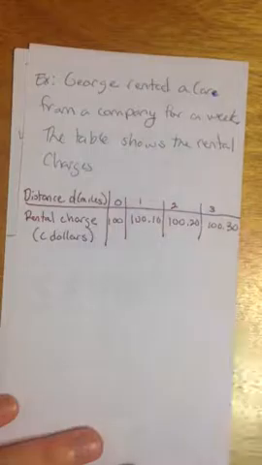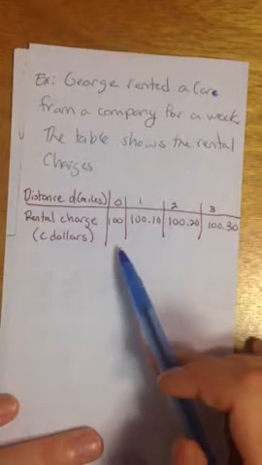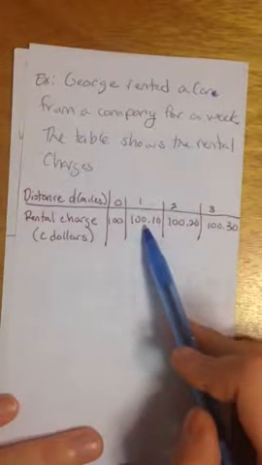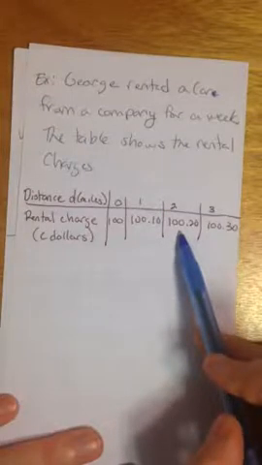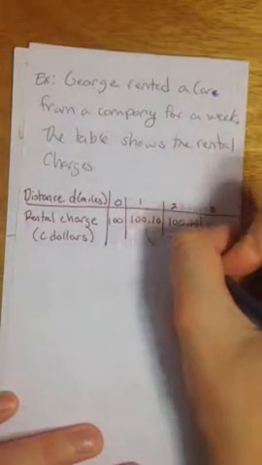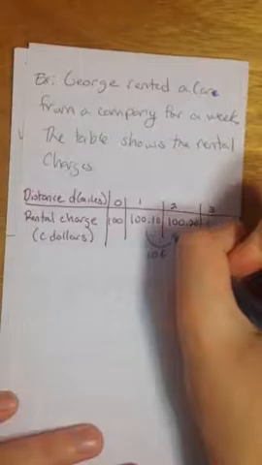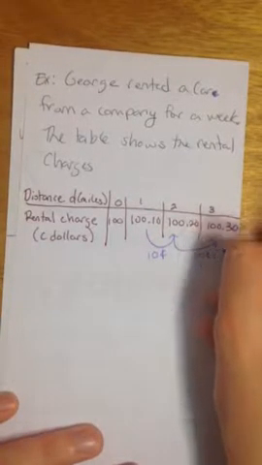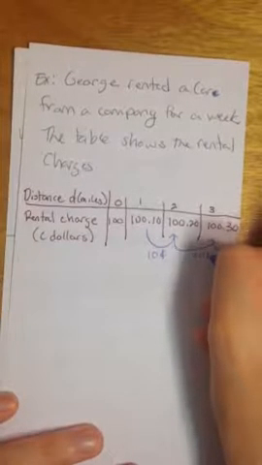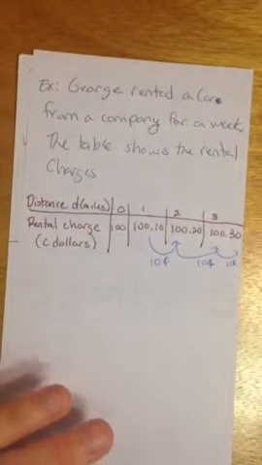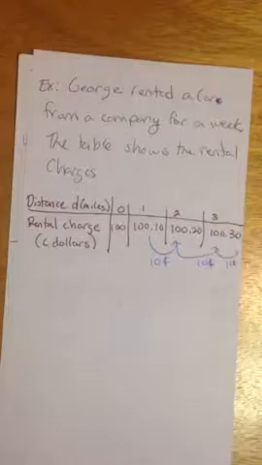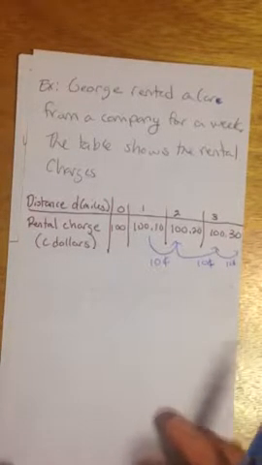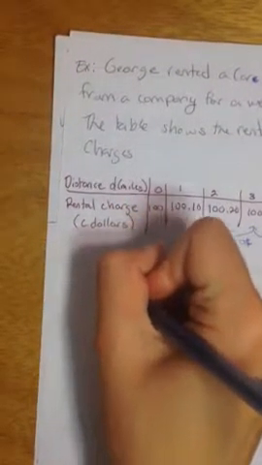So my initial is you pay $100 for the car. And then it's 110 cents for the first mile. It's 120 cents for the second mile. So we're adding 10 cents, right? For every mile that I go. And I believe your chart goes to 4, but I kind of ran out of room. So 10 cents, and then it goes up 10 cents again. And it's going to keep going up 10 cents every time for each mile after my initial start. So my initial